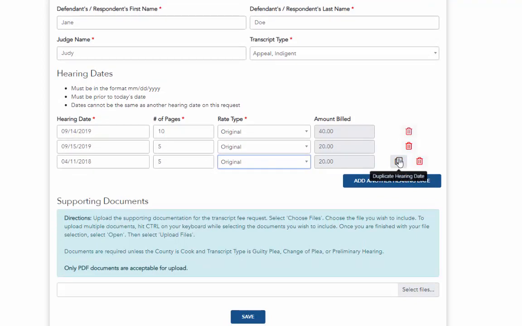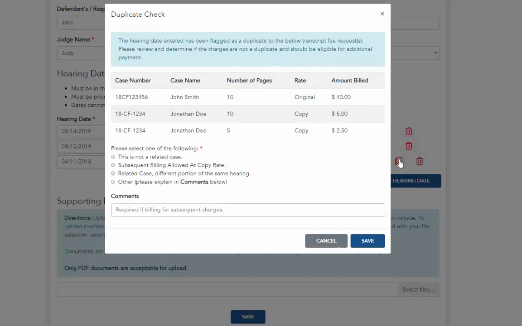So how to clear a duplicate hearing date flag is you're going to open it up, and it's going to tell you the other things that you have vouchered for that specific hearing date, and how much it was billed and how many pages. So you're going to look at this in relation to Jane Doe and that hearing case and say, okay, this case is not related, so I'm going to click that one, and you won't be required